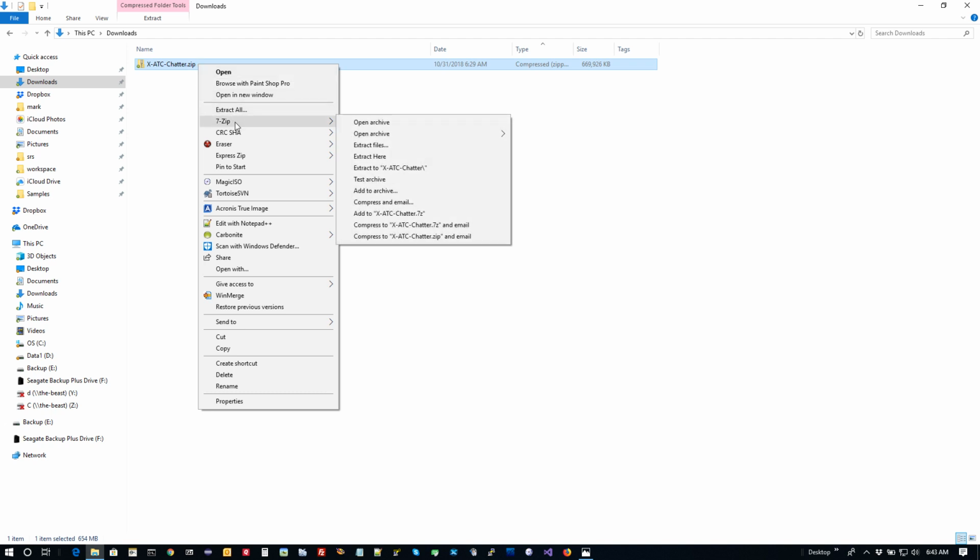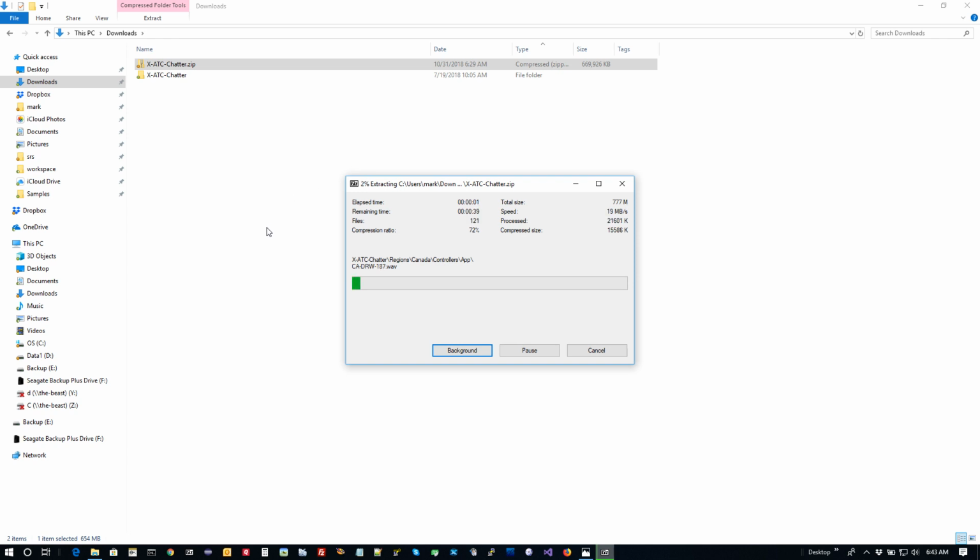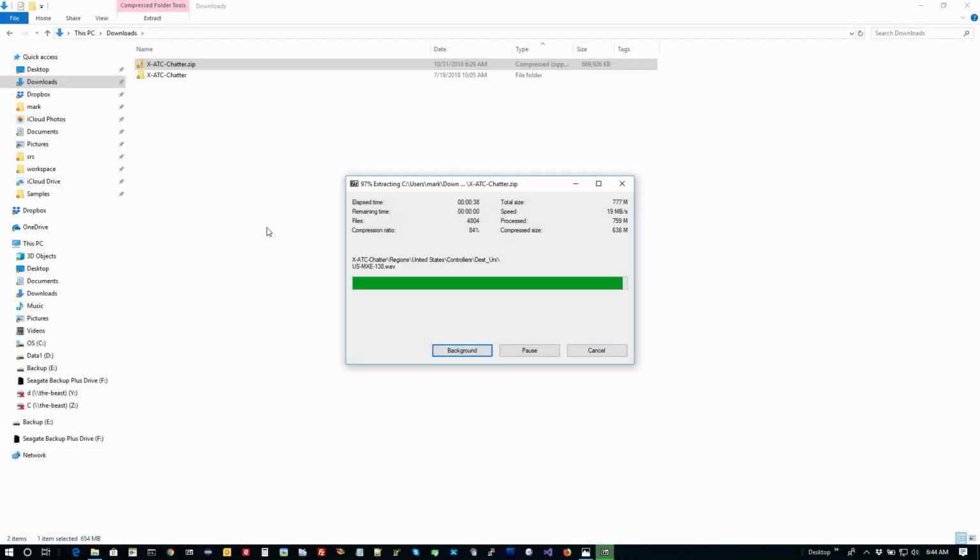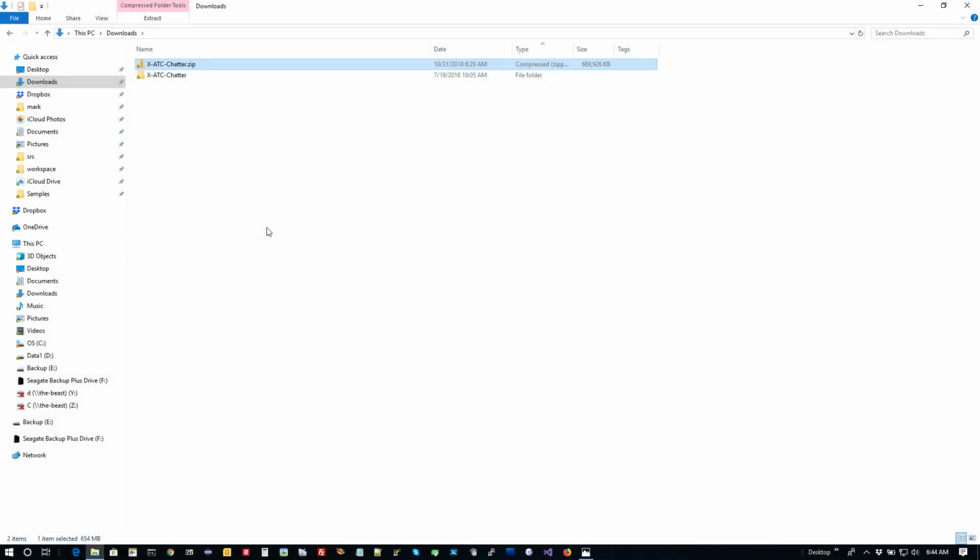So I'm just going to come over here and say extract here. And this will take a few seconds depending on how fast your machine is. But again, the archive is pretty big. Okay, now that it's unzipped, all you want to do is take this resulting